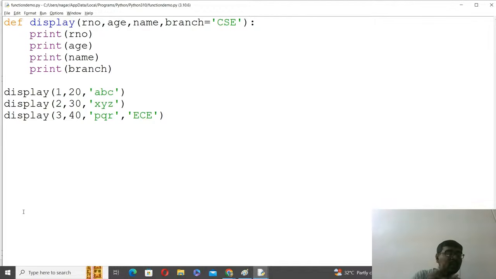Here it has one restriction. What is the restriction? Suppose name is equal to,